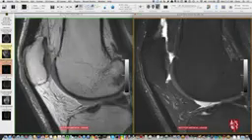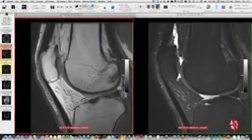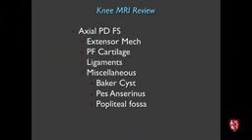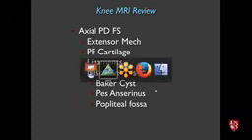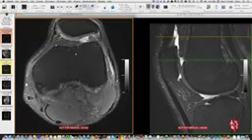So that's the sagittal view, and if I go then to the final plane, that'll be the axial plane. In that, it's sort of rechecking a number of things, but it's again looking at the extensor mechanism, patellofemoral cartilage. I often will recheck the ligaments, and then we go through some miscellaneous items like looking for Baker cyst, pes anserine bursitis, checking the popliteal fossa for vascular anomalies, and so on. So let's put the axial images, let's just go like this. So on axial,